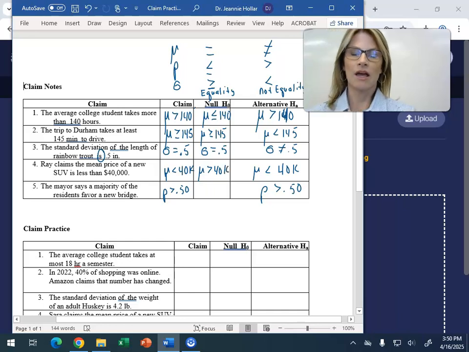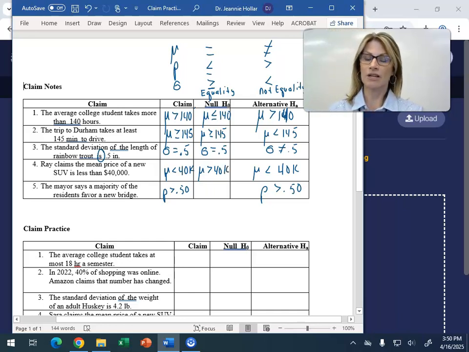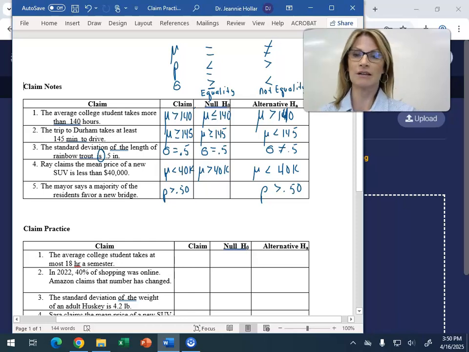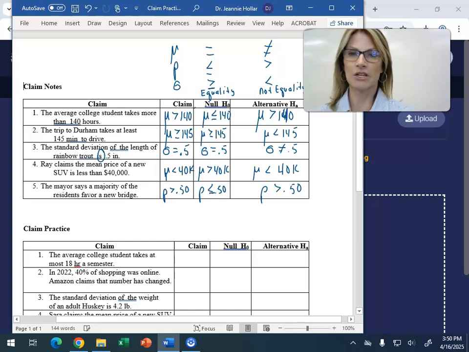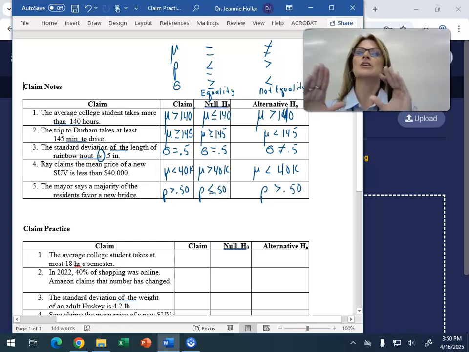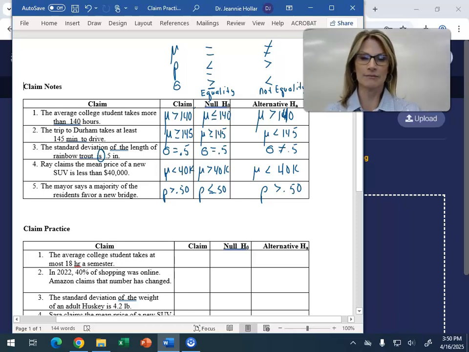40,000 or more. And the opposite of a majority, meaning more than 50%, would be 50% or less. Okay, so now that we have done that,